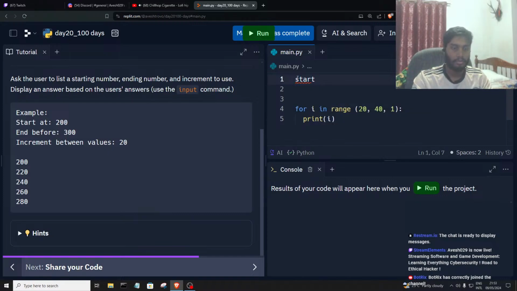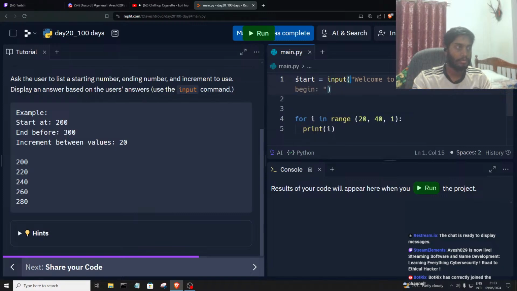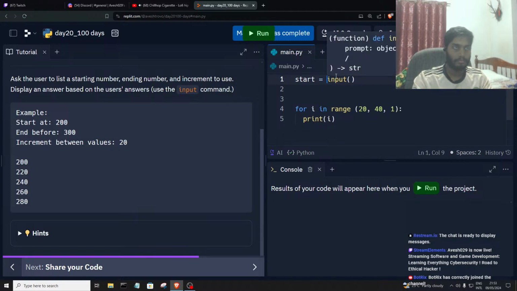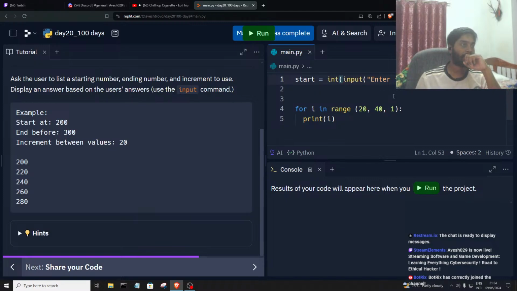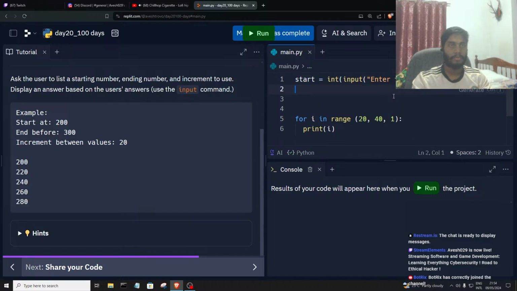Start is equal to input. It's gonna be an int as well, so we actually do int input, and put that input into the start of the range, and then the end of the range, and then